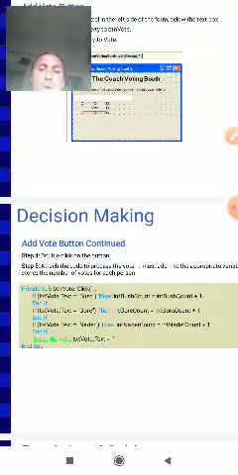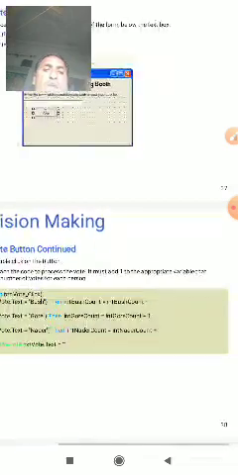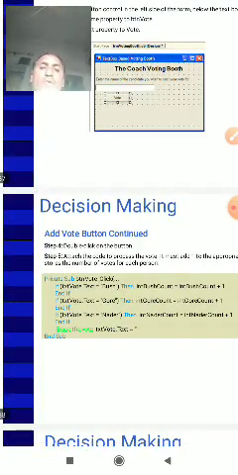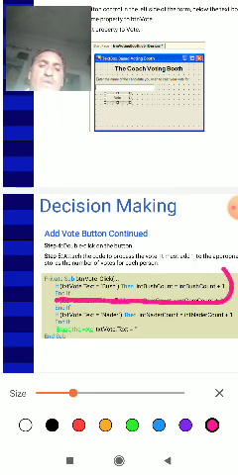Double click on this button and attach the code to process the vote. It must add to the variable that stores the number of votes for each candidate. Then if the text box text equals Bush, give the statements.